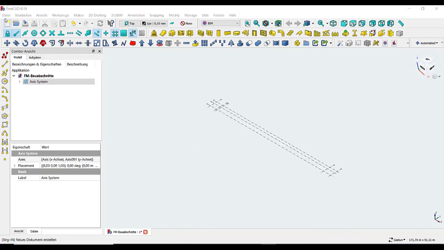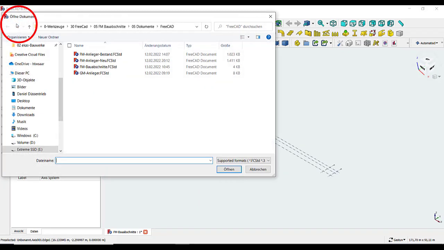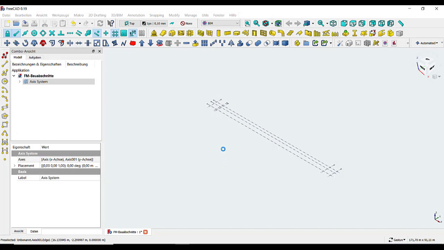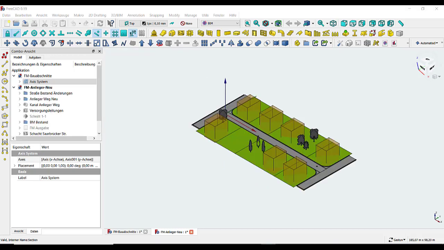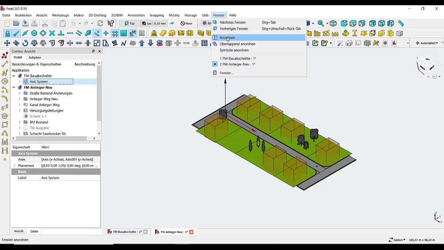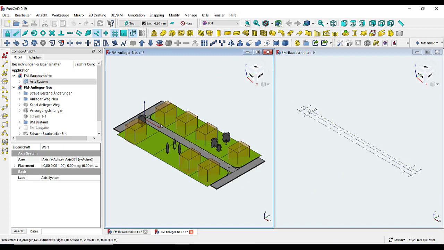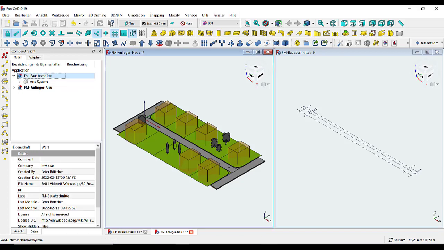Secondly, I now read in my new construction compartment model, because here are all the objects that I want to represent in my construction process. So I can see both compartment models next to each other. I go to Arrange Windows, and now I have both projects next to each other in order to carry out